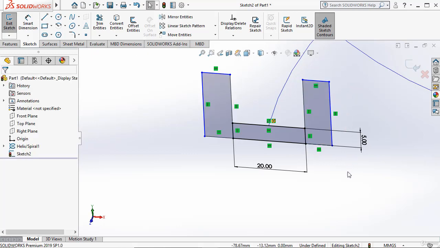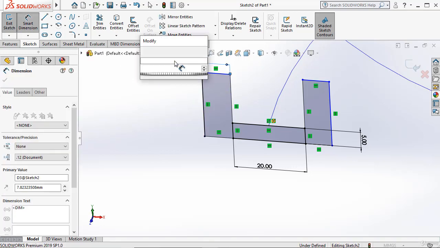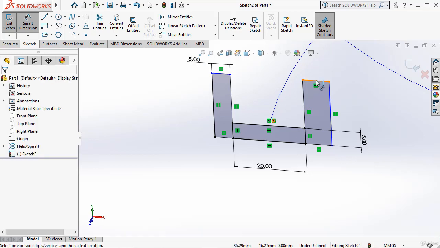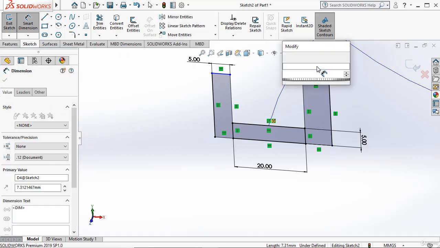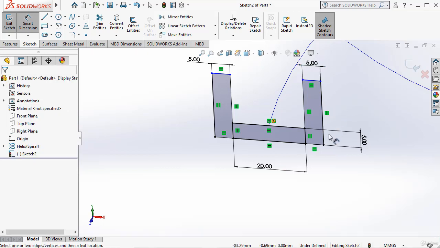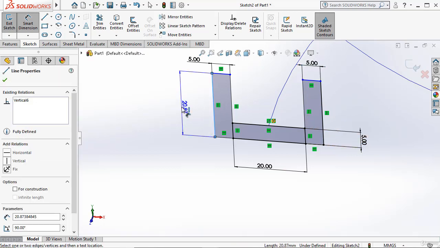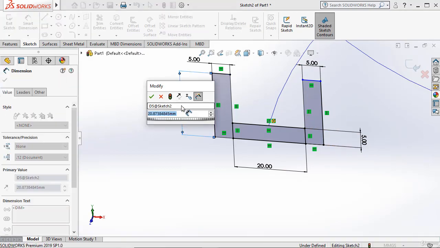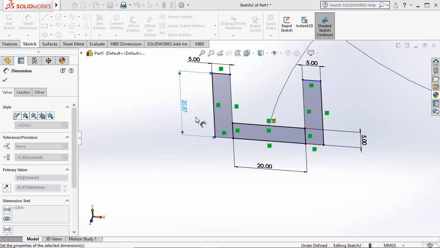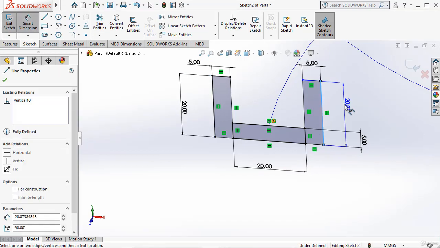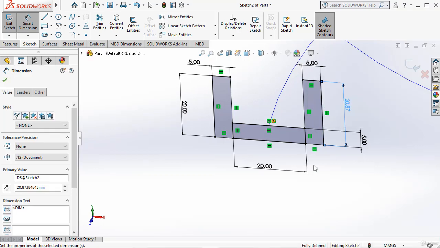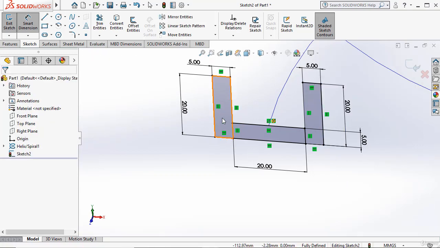guides in the side so that the ball doesn't slip from the floor, and again keeping this as 5, this one also as 5 millimeters, and I'm going to use this for sweeping operation. This 20, this one also 20 millimeters, and now